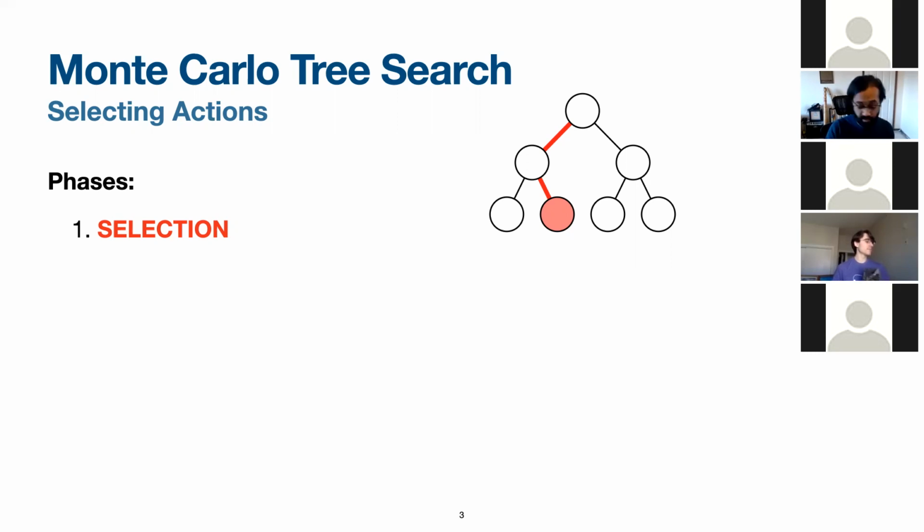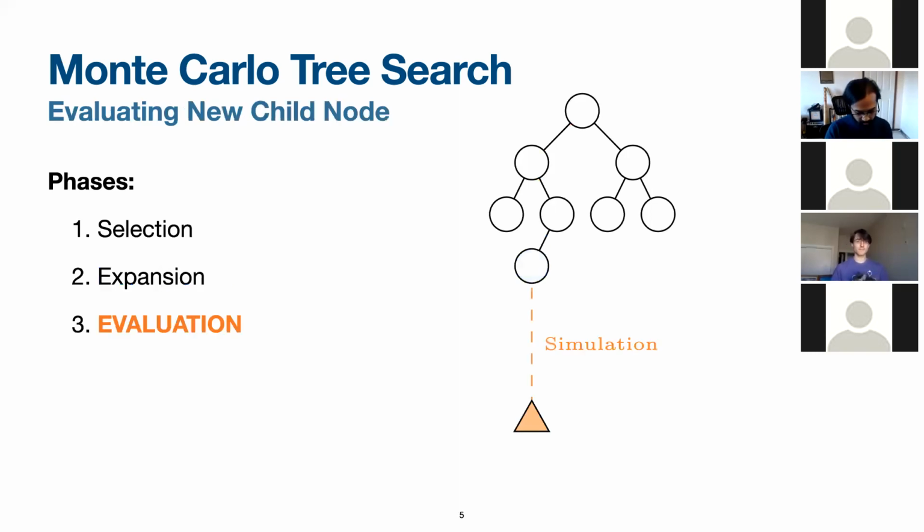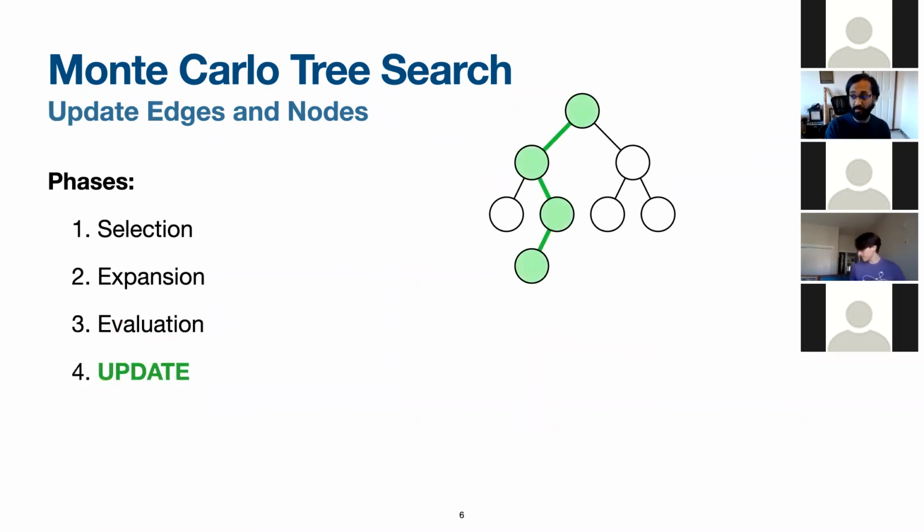After we reach a leaf node, we expand the tree by including a child state from the leaf node. This child state is then evaluated by simulating until the end of the game is reached. The simulation is done using a rollout policy, which can be separate from the selection policy. Once we observe an outcome after reaching a terminating state, we use that value to update the values of all the nodes that we've traversed along the selection phase.